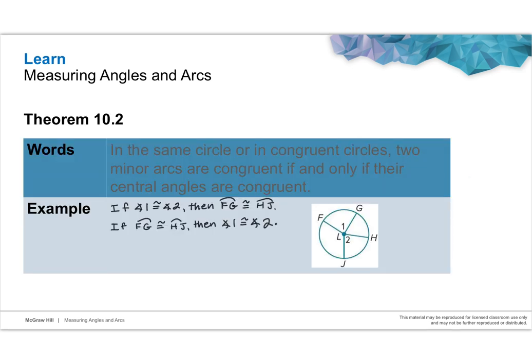So we have a diagram that illustrates this idea of congruent arcs. We start with knowing that the angles are congruent. Angle 1 and angle 2 are congruent. That means that the arcs are congruent themselves. The reverse is also true. So here again is that phrase "if and only if," like we had in our last video. And that means that if I know that the arcs are equal in measure, then that must mean the angles